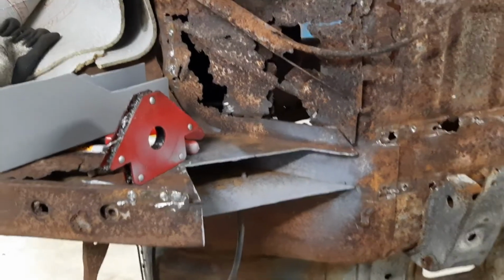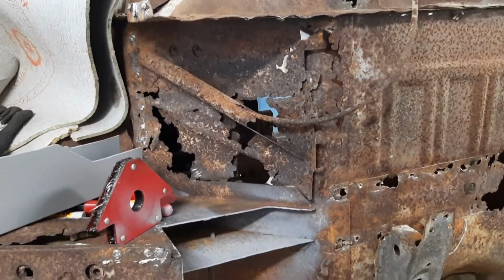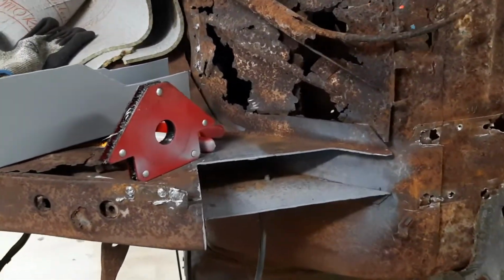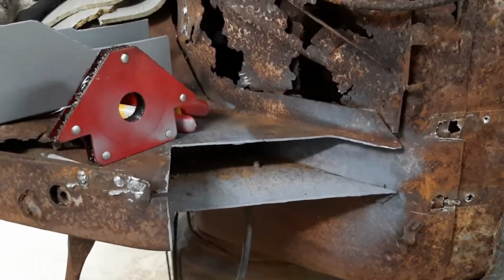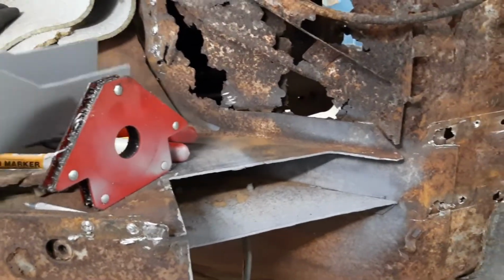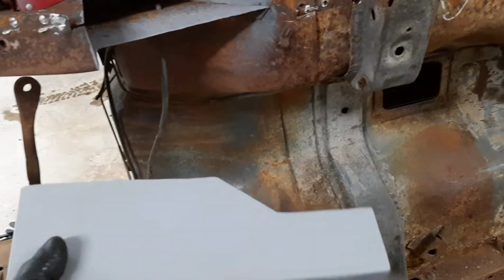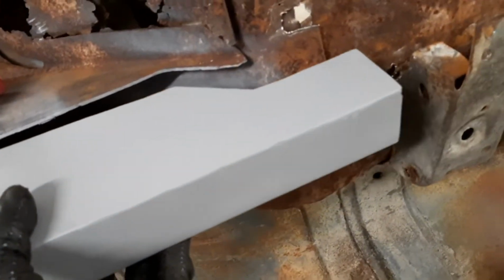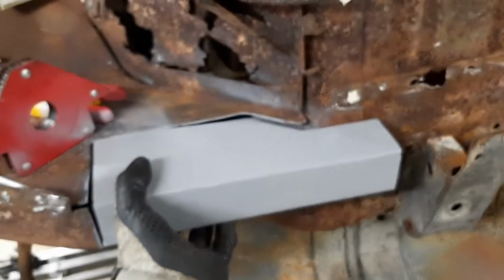So I started already cutting the torque boxes off, and there was also some rust in the frame rail. So I decided to put this one in here,